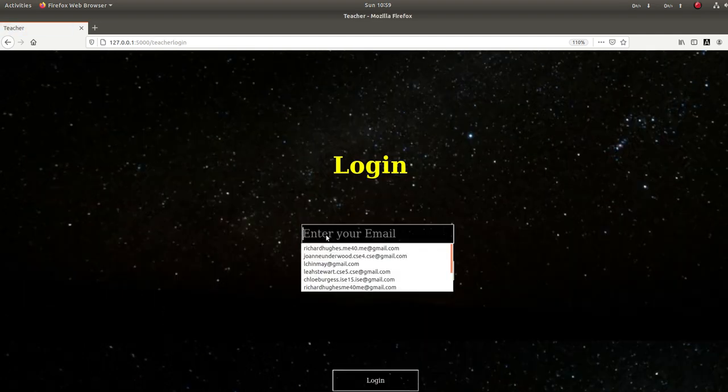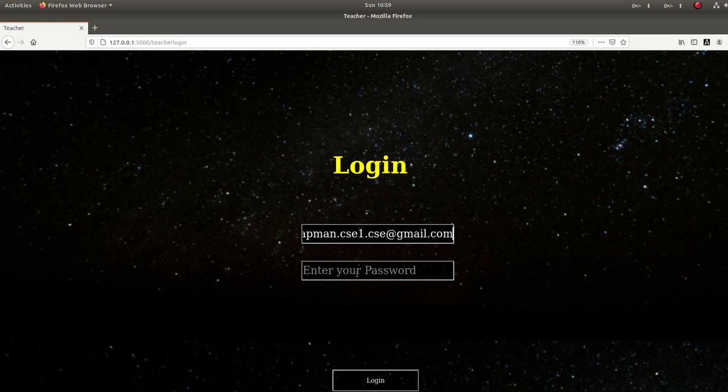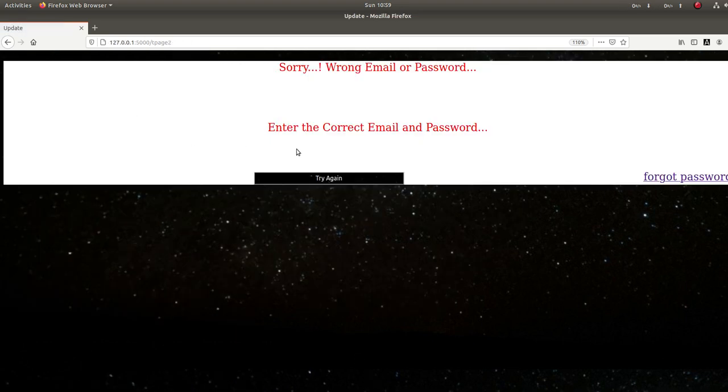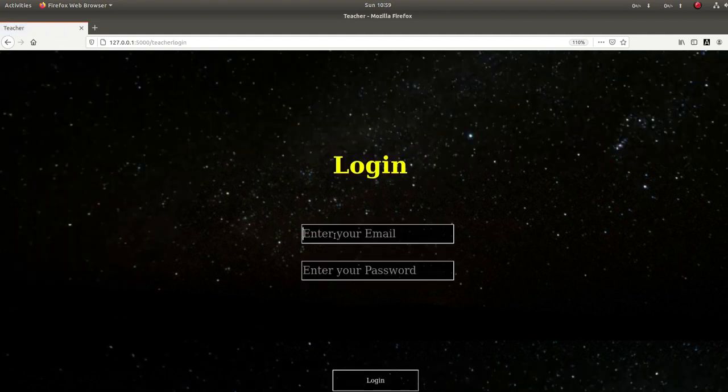First I have to enter my email and the password. So first I will try to enter a wrong password. It will validate. It has checked the password and brought the error message that the email or password is wrong. If I want to try again, I have to click on this try again,